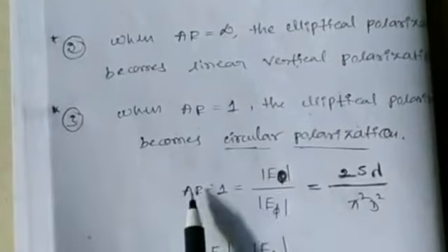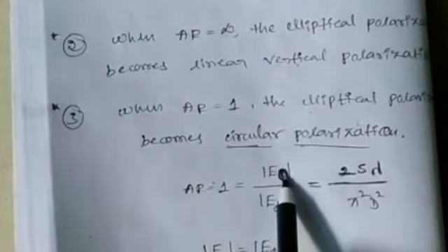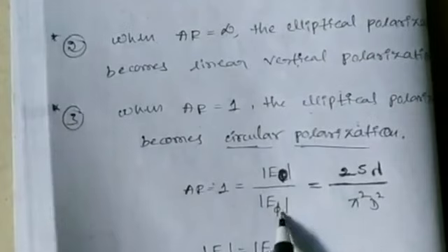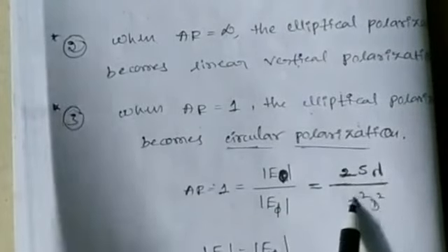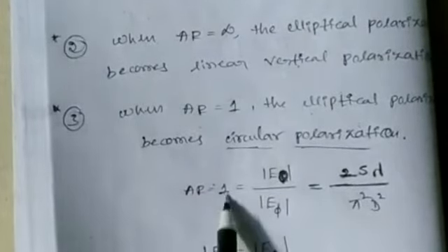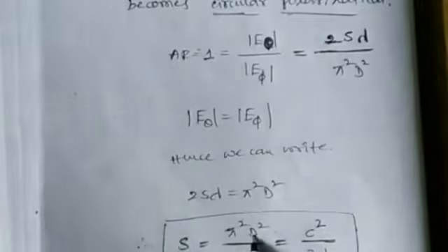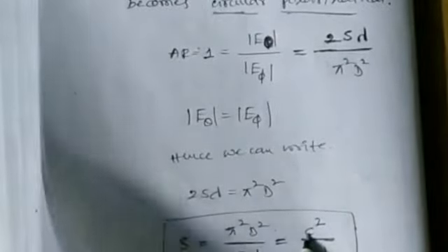And here the axial ratio is equal to 1. Already we know the formula for the axial ratio, E theta by E phi, that is nothing but 2 s lambda by pi square d square. They will be equal to 1. So equating these two and solving, we find the spacing between the two turns, that is nothing but pi square d square by 2 lambda. Here pi d is nothing but the circumference of the helix. So in the place of pi square d square, I am placing C square, so s is C square by 2 lambda. Like this we are finding the spacing between the two turns.